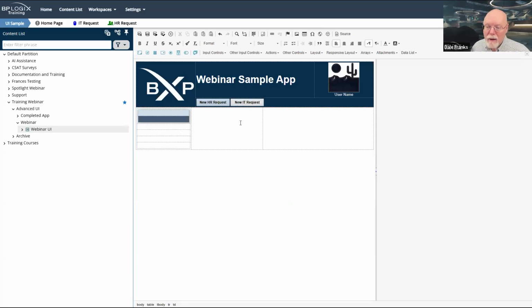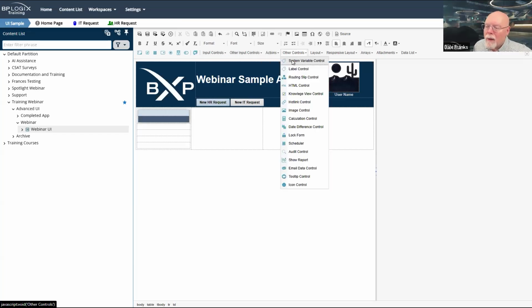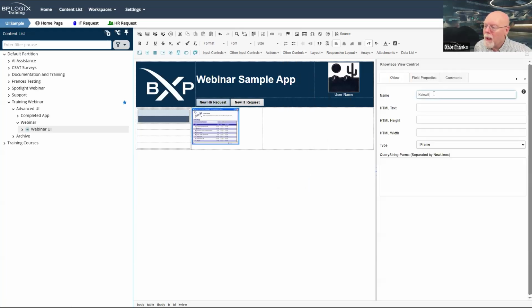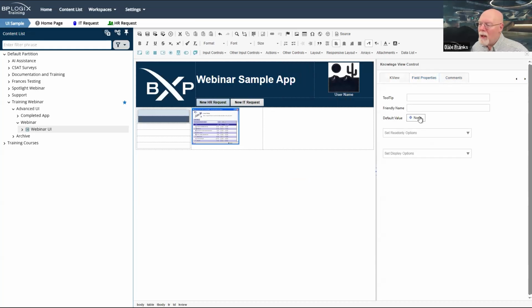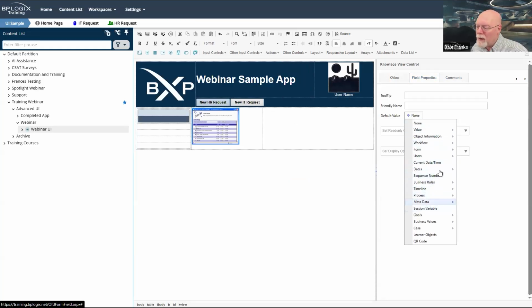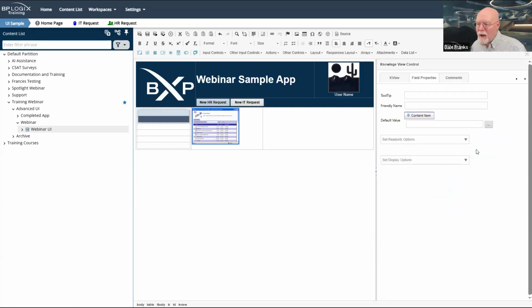So I do need to add my knowledge view, which in this case is going to be my task list. I am going to go to other controls, and enter a knowledge view control, and I'm just going to call it task list. That'll be my control name. And for the field properties for this control, I have got to set its default value to a content item, because I've got to specify what knowledge view is going to fill up this space.